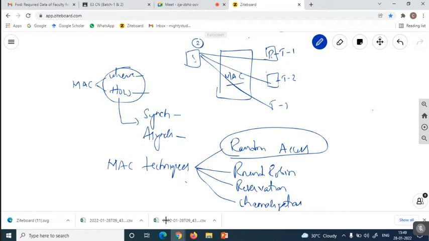That is, we are implementing the full duplex terminology here in between the source and the receiver stations. So for that purpose, the MAC has to maintain something for the purpose of reliable transmission in between the source and the receiver stations. That is, the MAC has to check the fairness of the data transfer.